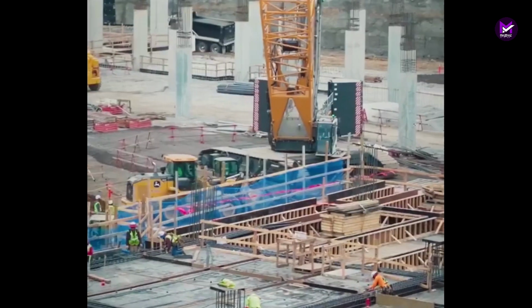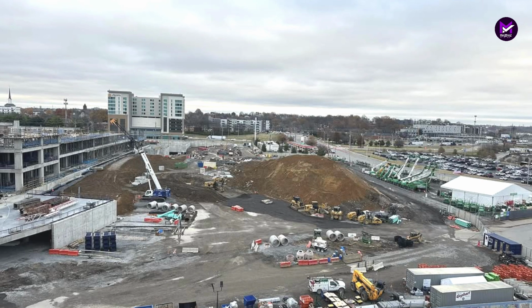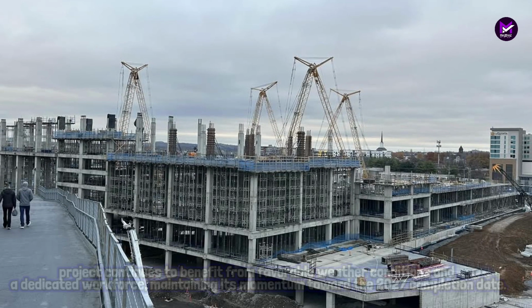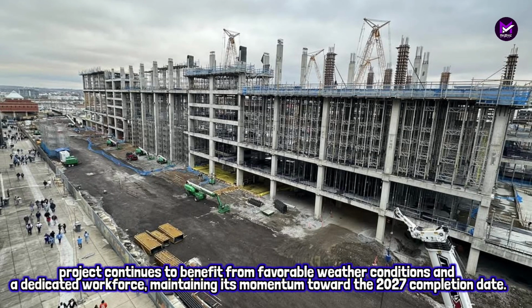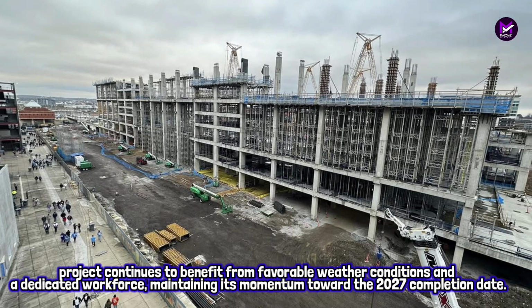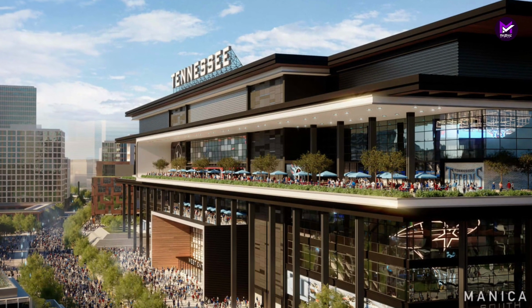Looking ahead, the focus will shift to completing the concrete work in the coming months, followed by the commencement of structural steel installations and the development of interior spaces. The project continues to benefit from favorable weather conditions and a dedicated workforce, maintaining its momentum toward the 2027 completion